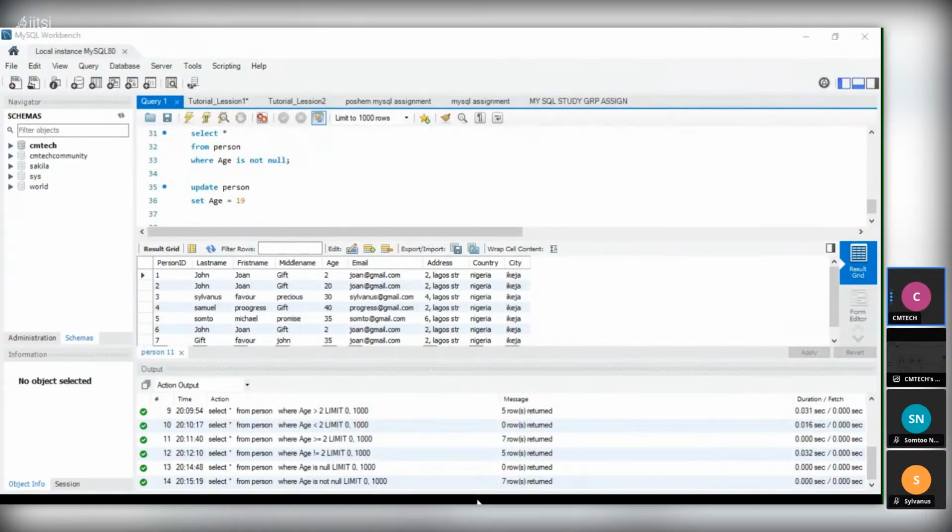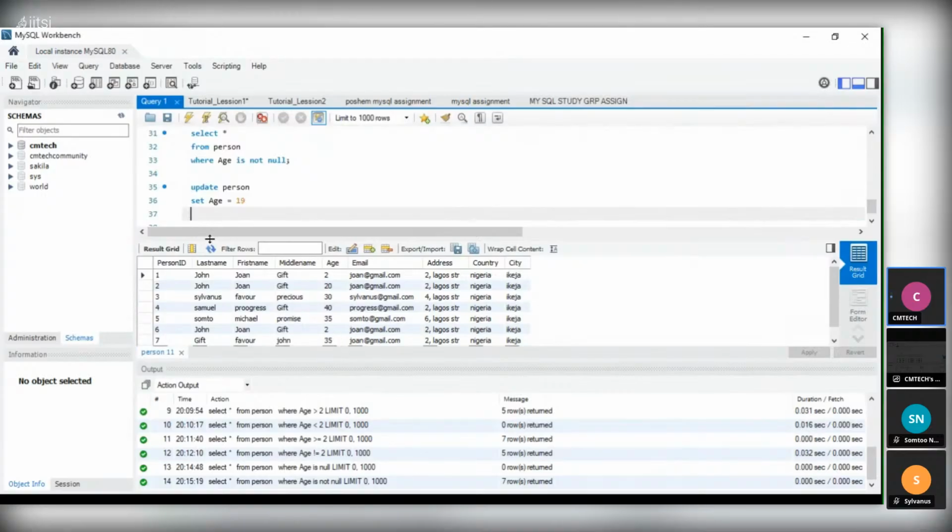You have set the age to a new value. So what you are going to do next is to know the ID, the row we want to set. We have to mention the row, that the age we want to set. Now we are going to say where person's ID is equal to, let's say, 1.